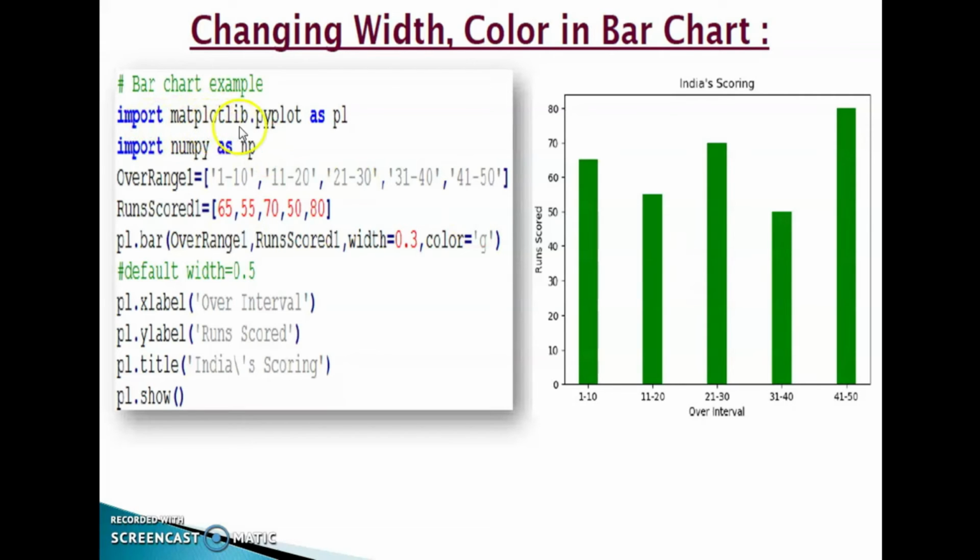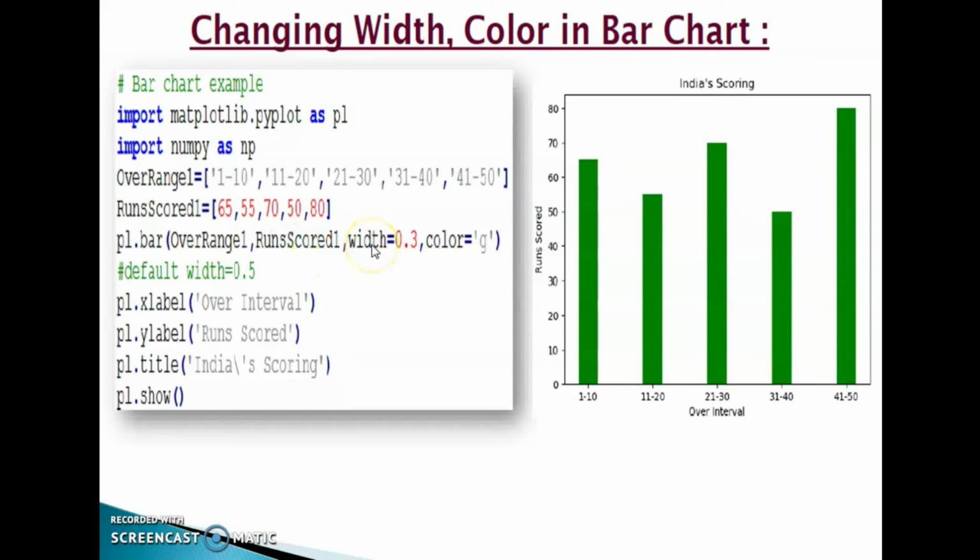Import matplotlib.pyplot as plt. Import numpy as np. Over range 1 is equal to, within the square bracket we specified the list. Runs code 1 is equal to, within the square bracket we specified the values as a list. plt.bar. What's the purpose of this bar function? We can create the bar chart. Then we pass this x-axis, that is over range 1, comma, y-axis, that is runs code 1.